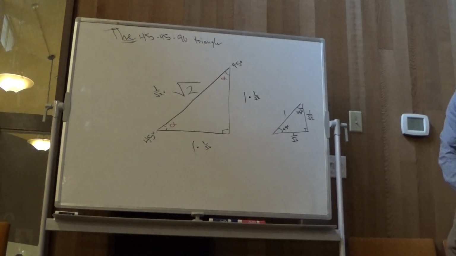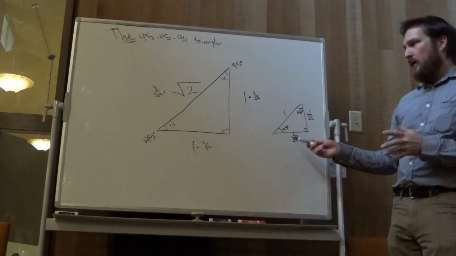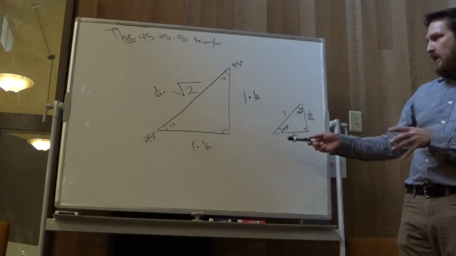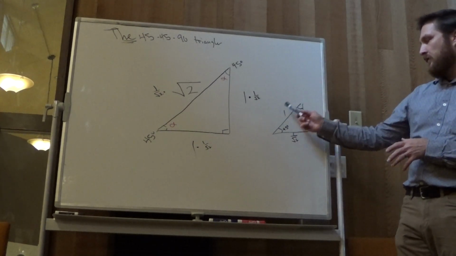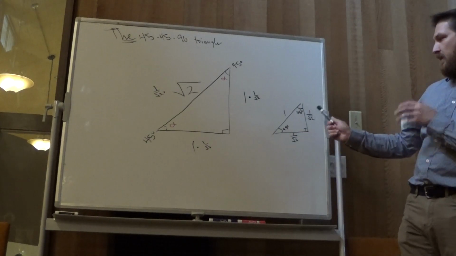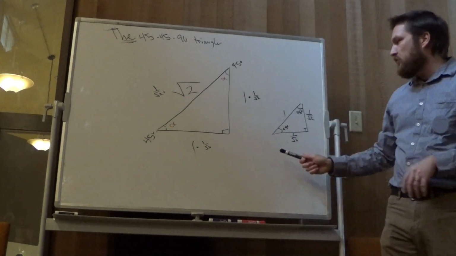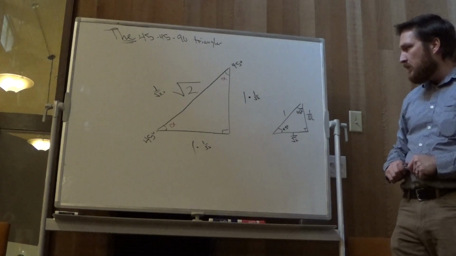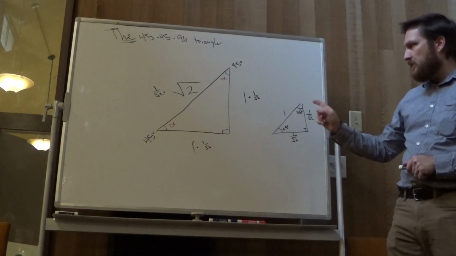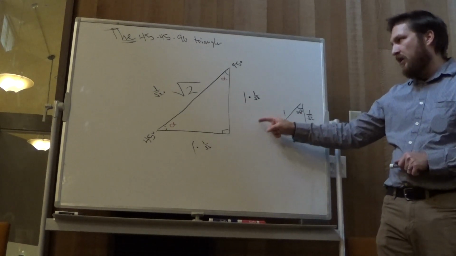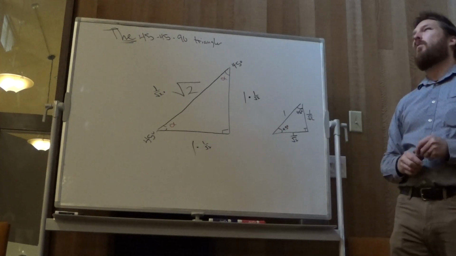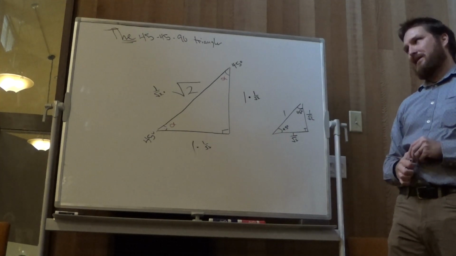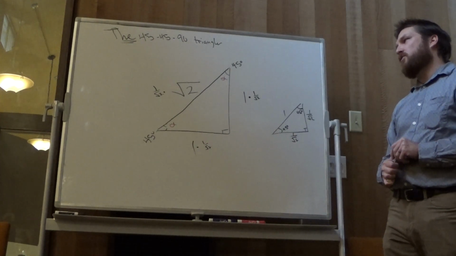But this is what I mean by the 45, 45, 90, is that in a sense, every single one of them only differs by a constant factor, right? If you multiply every single thing by any number, you still have 45, 45, 90. And all of these things are related, they're just off by one number, and we'll see why that's important next time and how we can use that to our